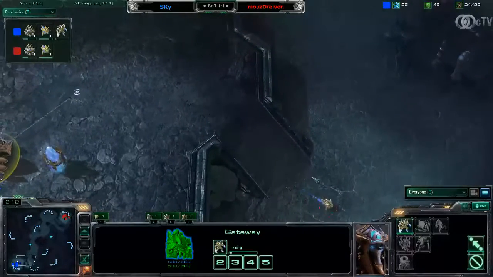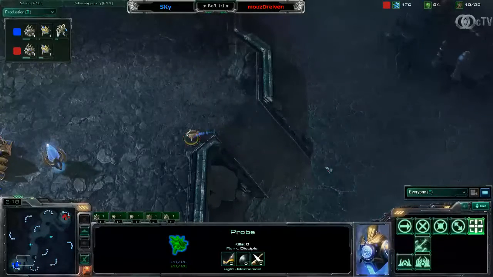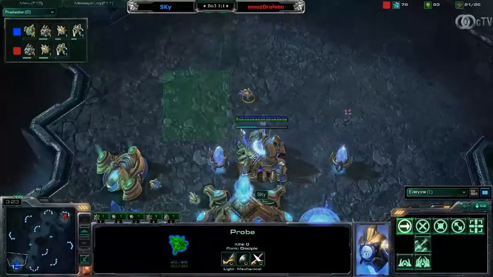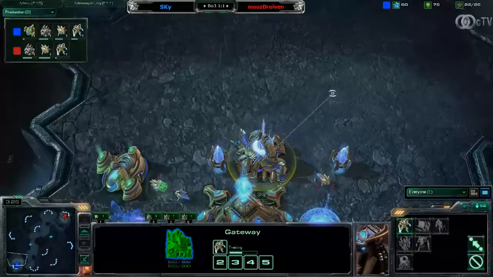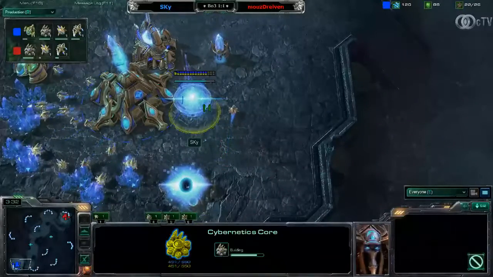Just make sure that you don't panic, that you constantly reapply the force field every 15 seconds here on the lower part of the ramp, and then you should be able to just get robotics out with an immortal, and as soon as you got an immortal out, you should be fine. So